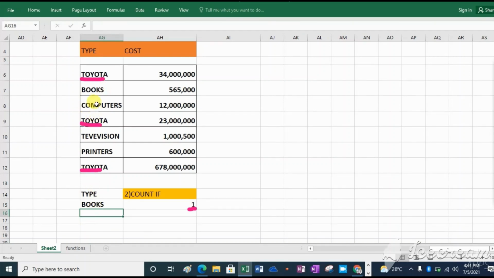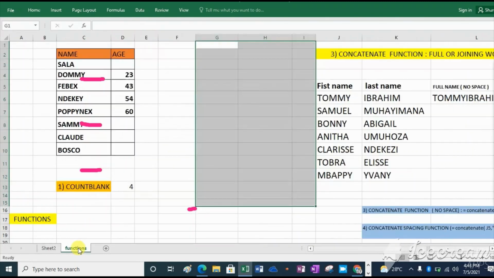If you change it to printers, for example, then click enter, it will change also because the number of cells containing it has changed. Here it becomes 2. So this formula is known as count if.